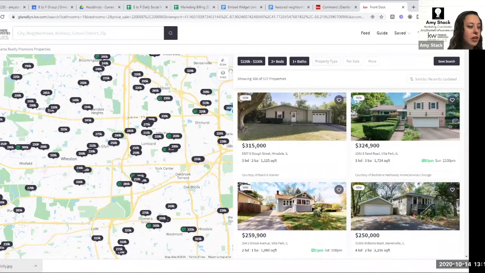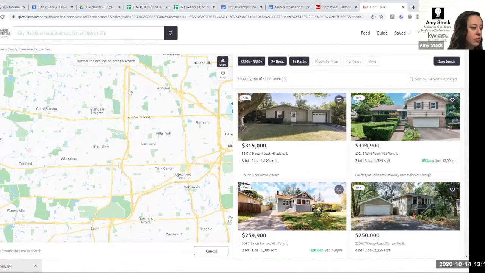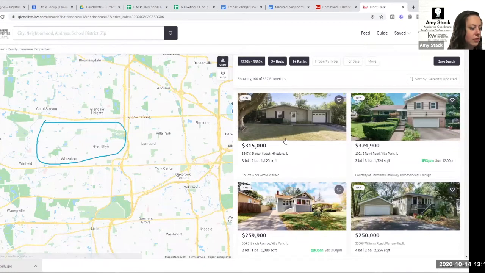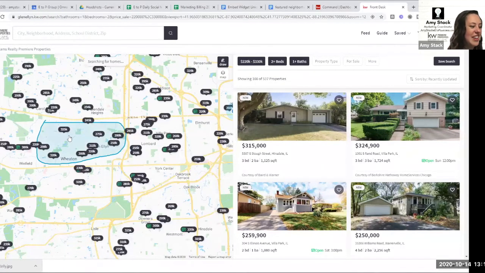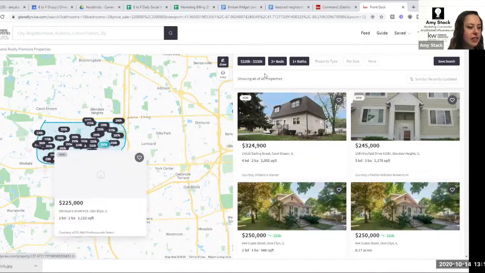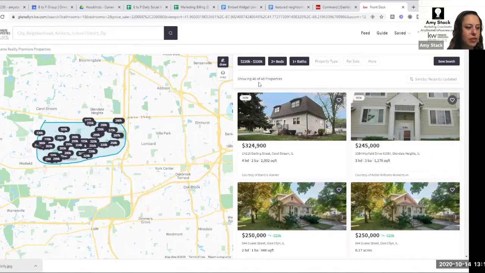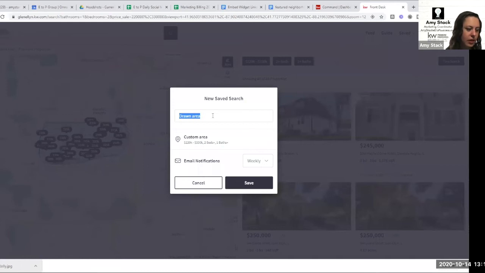So if they come in and let's say they want to do this draw feature again and they want this area instead of Lombard. I know this isn't a great shape here. That'll filter in. So now currently there's 48 properties in that little circle that meet the criteria we already filtered up here, and I can go ahead and hit save search. And it populated that draw area name, but I could say, like 220 to 330